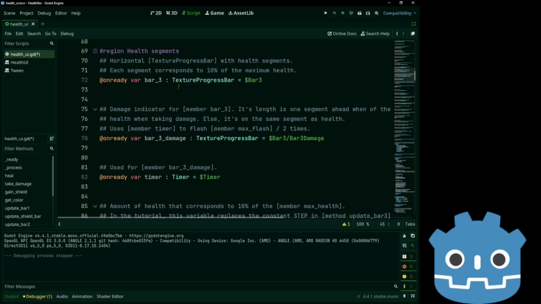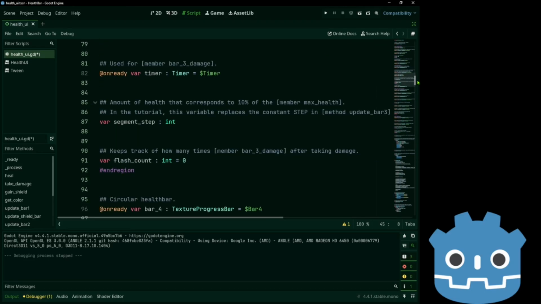Now on the health segments, I made a few changes on the step. Instead of using a const, we are now using segment step, which we are setting on the ready function. And it's going to be 10% of our maximum health.